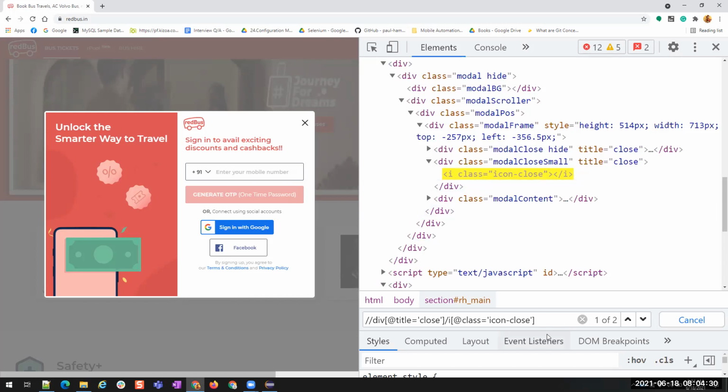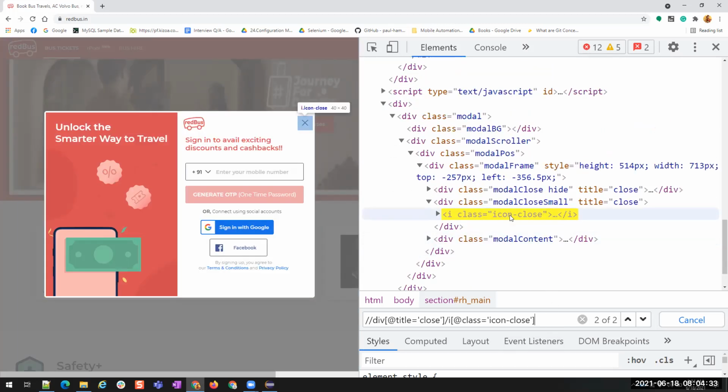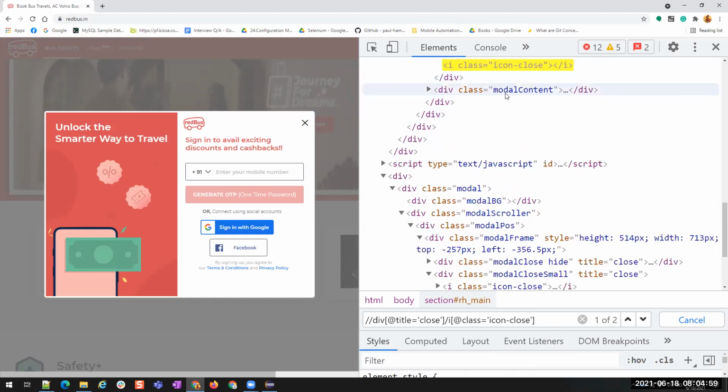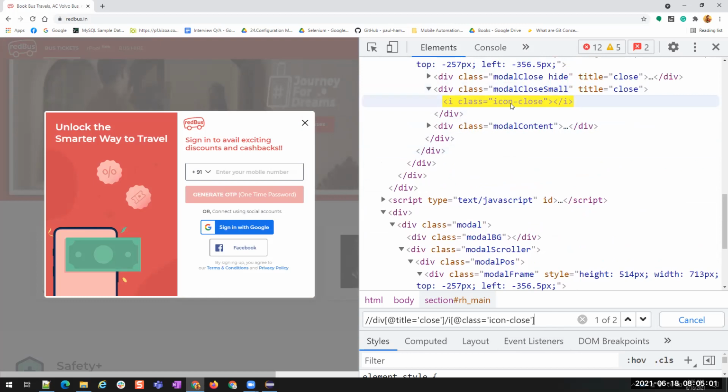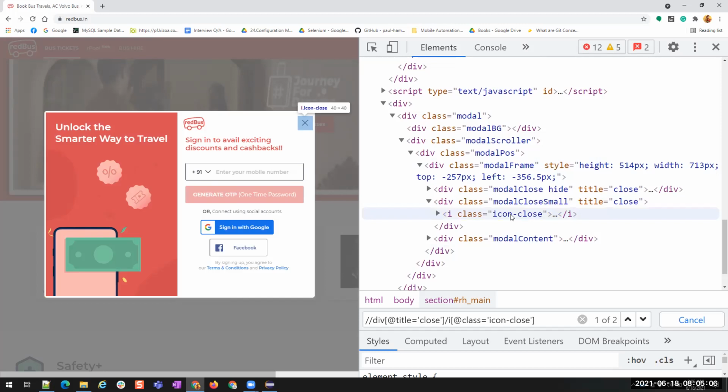The second one is in blue color. If I click on this, you see the blue color on the cross mark button. Okay, highlighted color. So you are seeing that blue color and then the icon close. When I go here, it is showing there. And then if I go to 1 of 2 and move my mouse cursor here, it is not showing anything there. So that means this is not our element. This is our element.